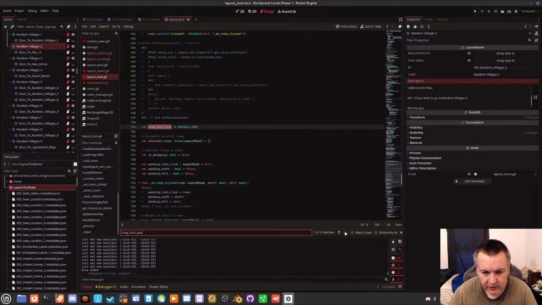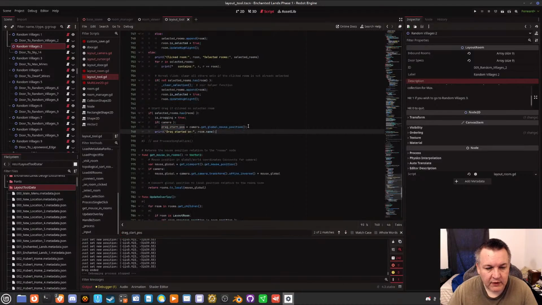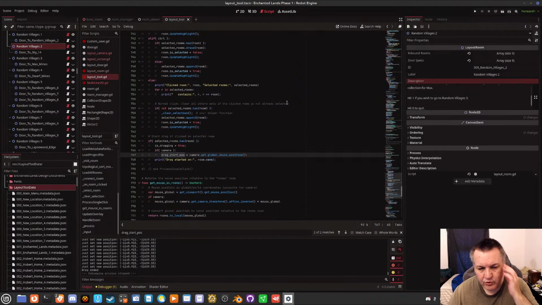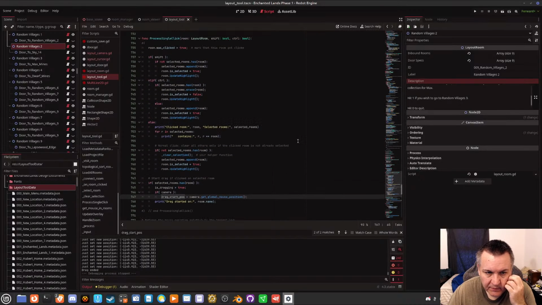And we only have 2 deals of that. If camera, selected rooms has a room. Okay, that's the thing we need to do. Start drag if clicked on a selected room, and this is actually in process single click, and in fact, it's not going to be doing anything until I start processing single click. So we want to get a drag position every time we hit the button.